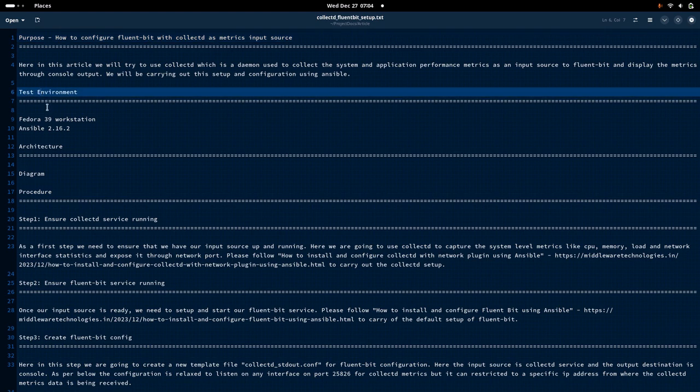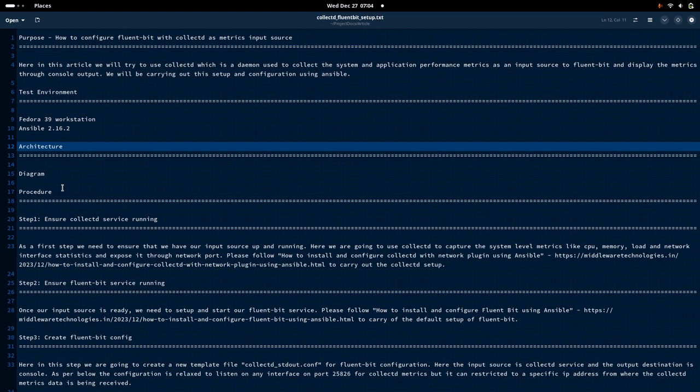So I am currently working on a Fedora 39 workstation with Ansible 2.16.2 installed on my system. Coming to the architecture, let me show you a high-level architecture of what we are exactly going to do with the collectd and the Fluent Bit setup. So here is the high-level architecture diagram, wherein